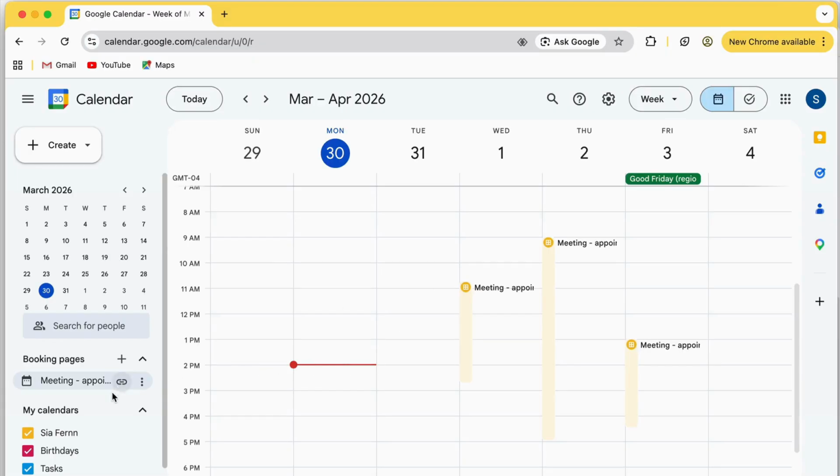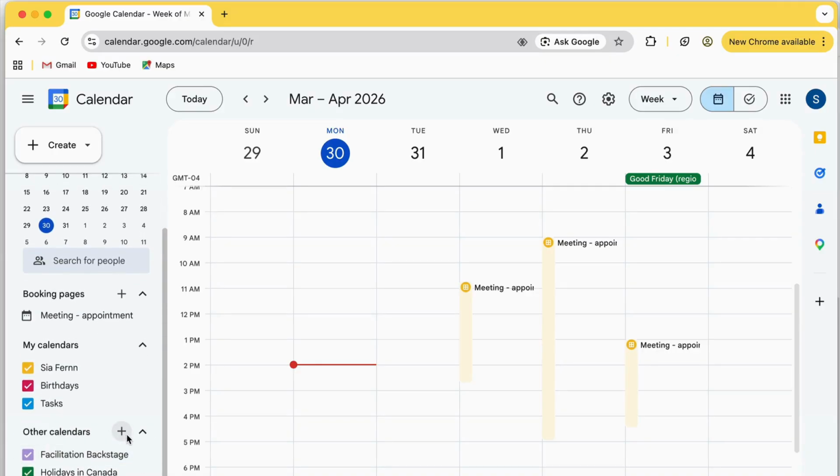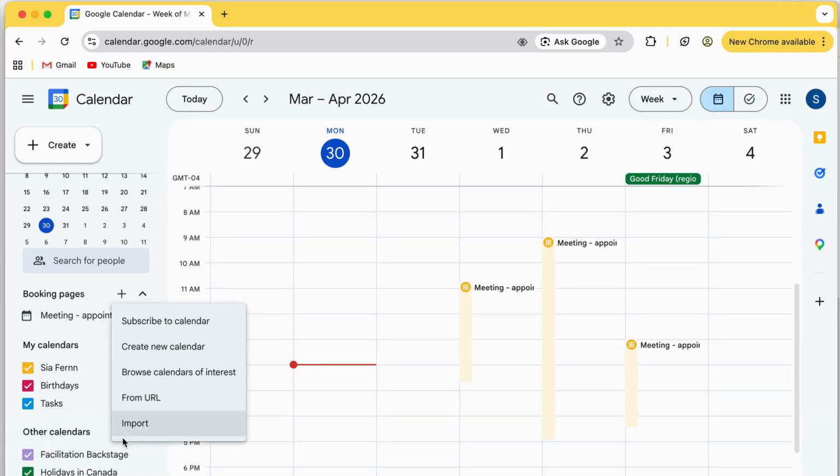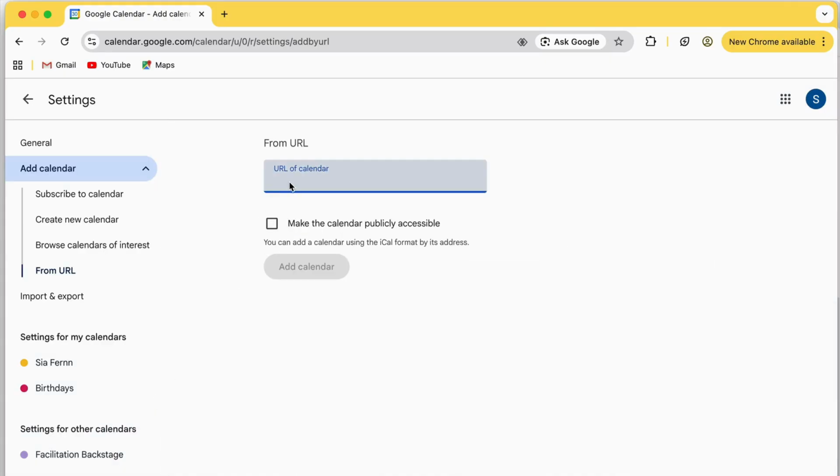Whether you use Google Calendar or another calendar tool, find the button to add a new calendar. Choose the option to add a calendar with a URL and paste the link you copied from Nova. Then ask your team member to do the same with their calendar. Let's say you